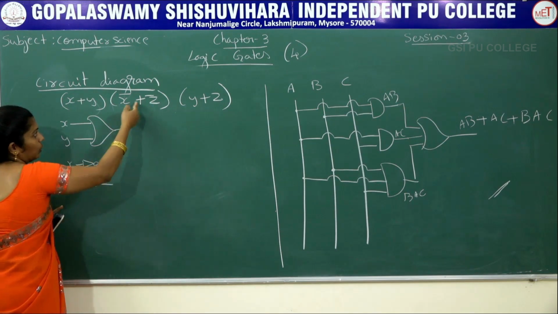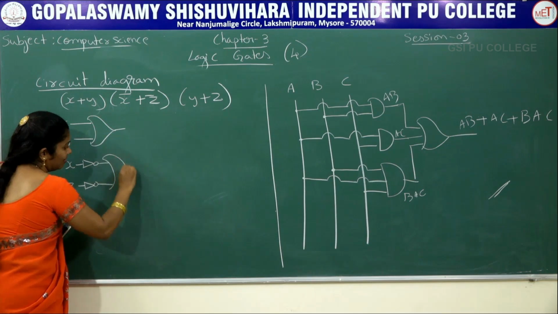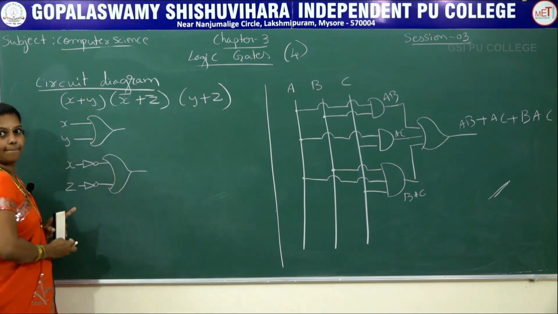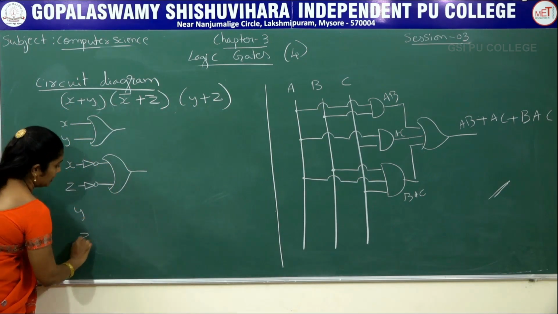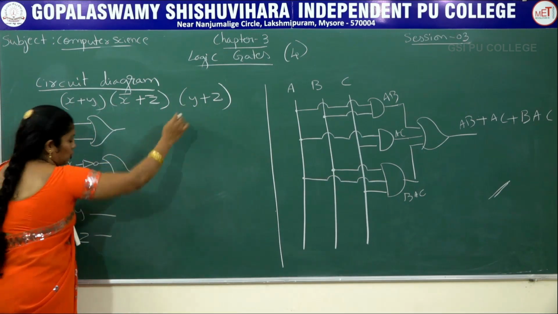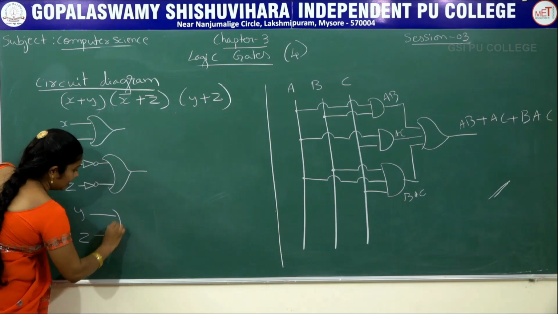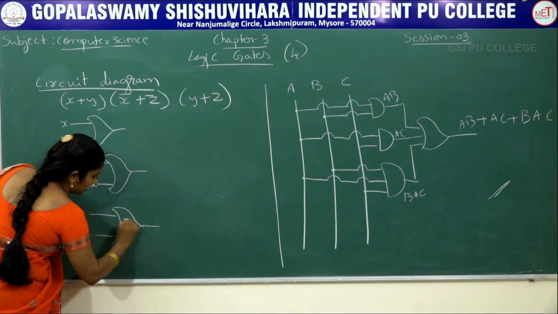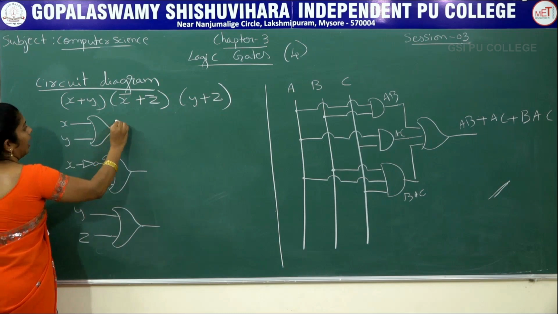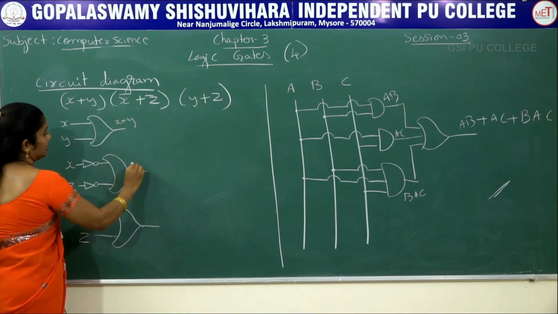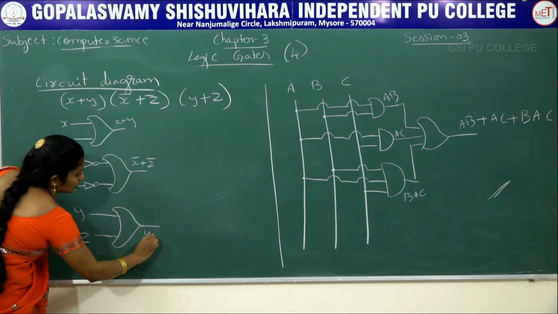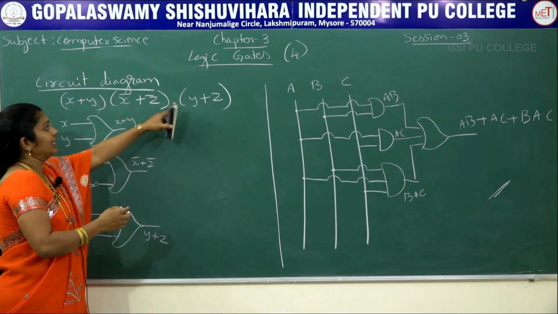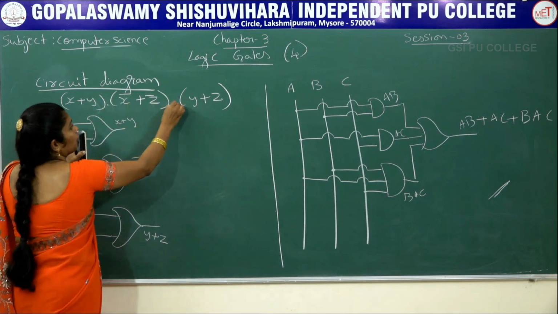These two are connected with the plus operator, then once again a reverse C shape. The next is y plus z, we have y and one more is z. Here also we have the plus operator, then once again you have to write the reverse C shape. Then what is the output here? X plus y, whereas here x bar plus z bar, whereas here in the last case y plus z. All these things are connected with the dot operator.